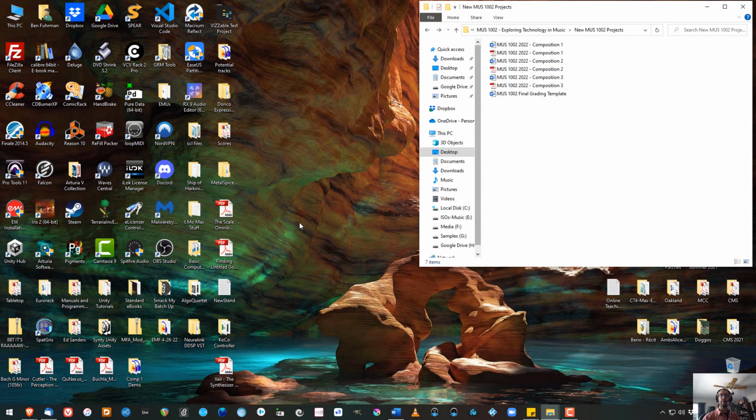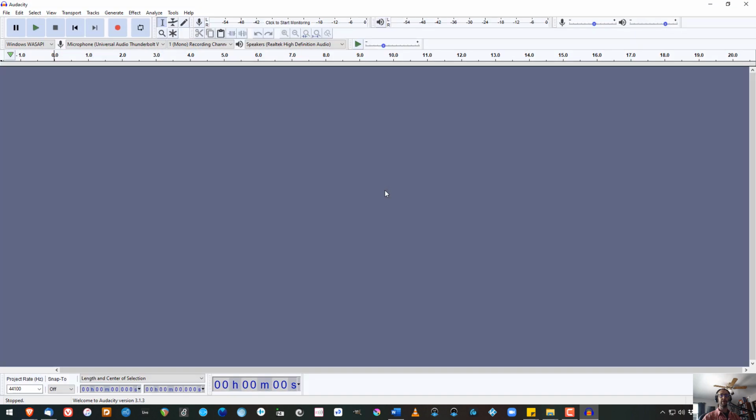So once you've got Audacity downloaded and installed, you'll have an icon like this. And if we double click it, it will bring us to a big blank screen of nothing. So let's get some audio in there. I will show you how to drag and drop audio in there in a second, but first let's record some